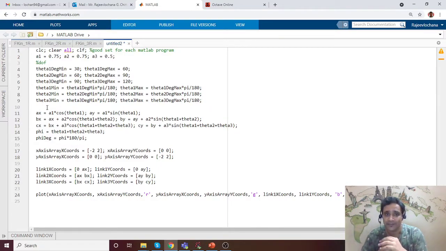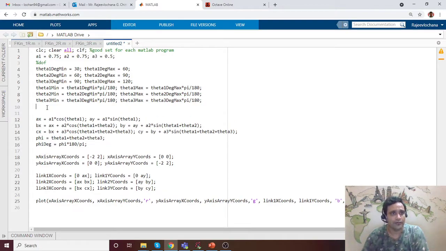So the animation part is how much we should move, or how many steps are required to go from minimum to maximum. Now how do we do? We will have number of steps. Maybe I'll put it as 50 steps. It is a variable. You can define whatever you want. Now there are different ways of getting this animation done.